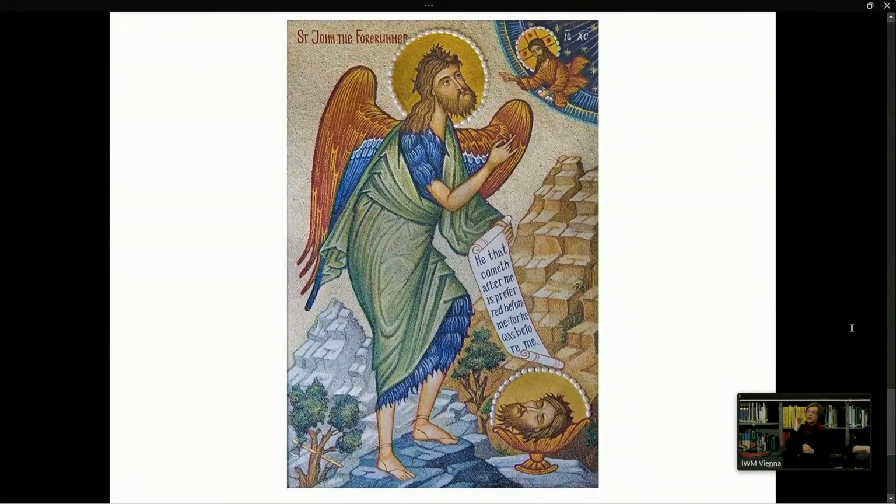Now, this is quite an interesting icon. First of all, if you see from the texture, this is not paint. It's actually semi-precious stones. And it is an icon that was produced at the St. Elizabeth Convent and Workshop. They have a big and very important workshop where the icons are actually produced by the nuns in the convent. So this is in Minsk in Belarus. The reason I'm showing you that is, again, you see this sort of complicated space, but the main reason I'm showing you this image is